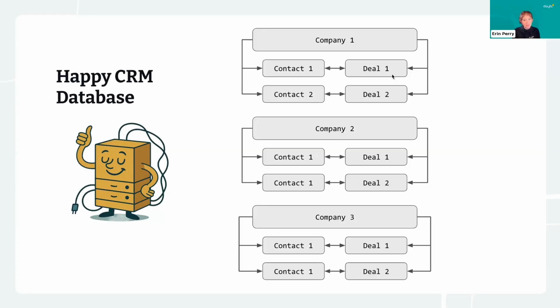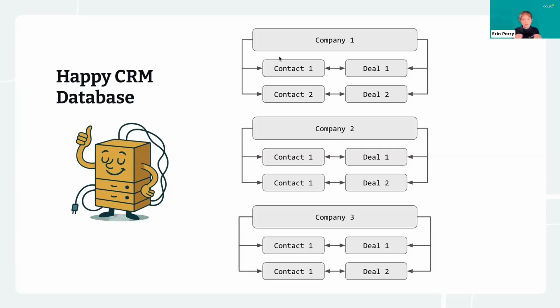They might be named slightly different things, like we might call a deal an opportunity. If it's a CRM that's really focused on enabling lead nurturing, it may actually have two types of contacts. It might have lead and then contact, symbolizing different stages of the life cycle. Regardless of what the names are, the concepts are all the same.